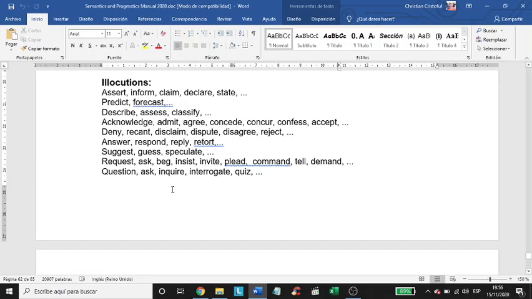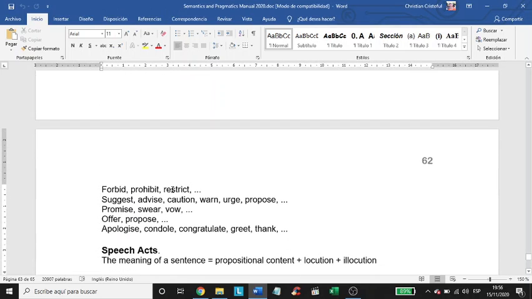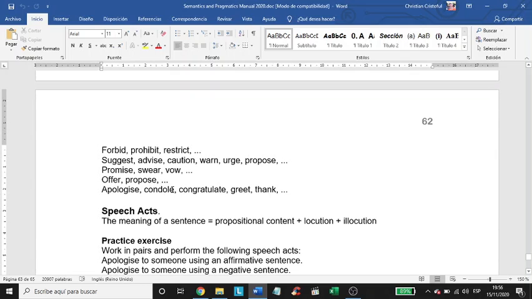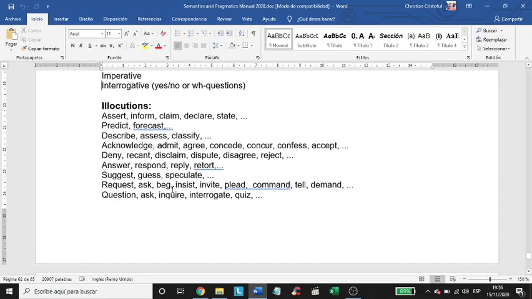Thousands. We have assert, inform, claim, declare, state, predict, describe, acknowledge, deny, answer, suggest, request, question, and many others. Forbid, suggest, promise, etc. So, a good learner of English, this is what they do. We know how these actions, that's why it is called speech act, by the way, how these actions are said